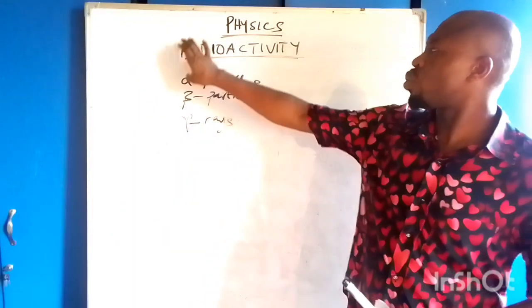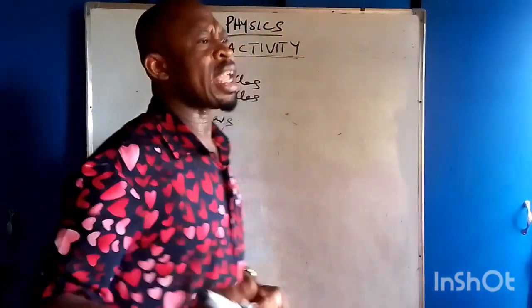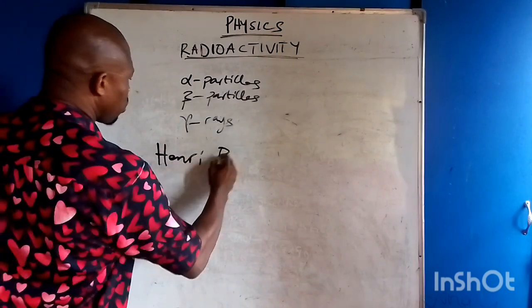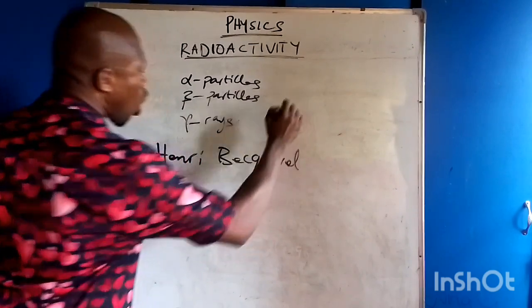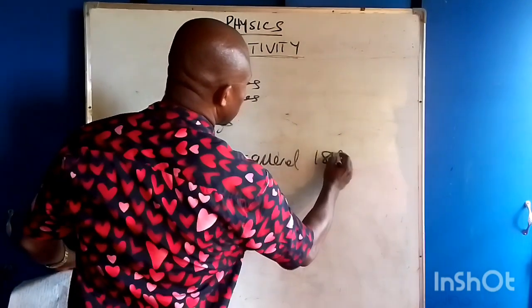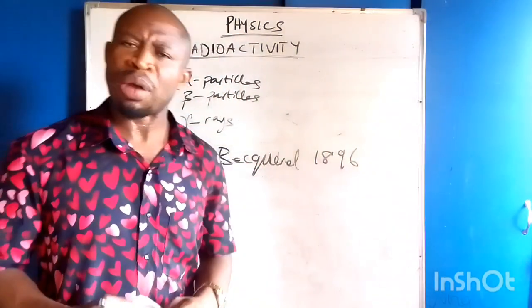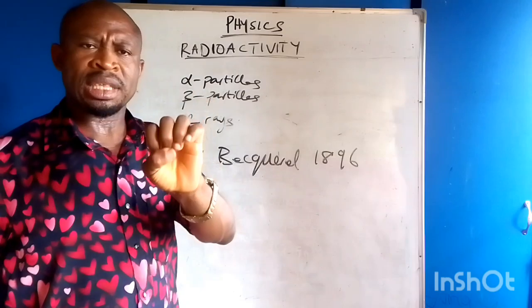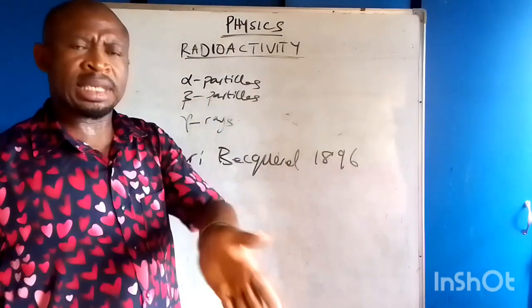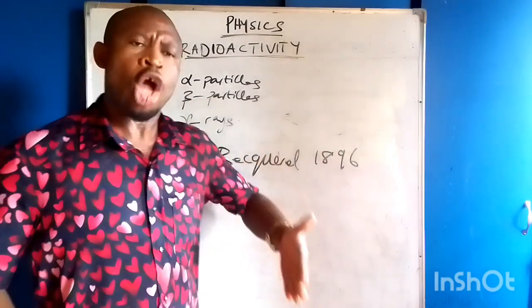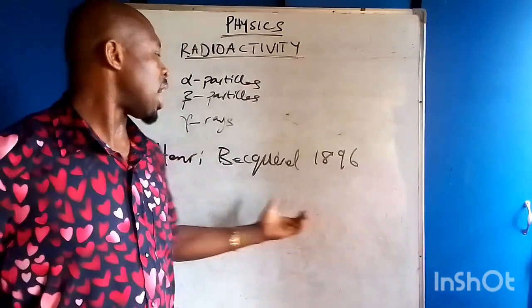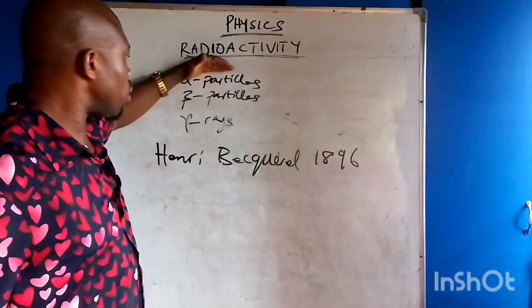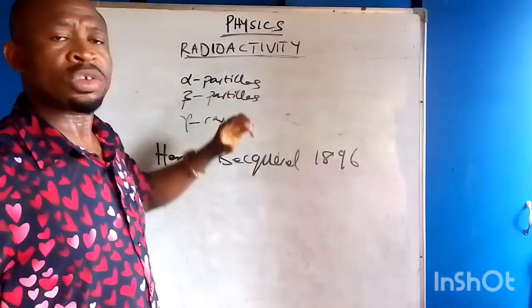Now, the first clue to the study of radioactivity was given by a French scientist called Henri Becquerel in 1896. In his studies, he discovered that there are some elements that on their own split, disintegrate, and decay into other smaller elements just to achieve stability, and they release these particles. So this man, Henri Becquerel, gave the first clue to the study of these subatomic particles and the study